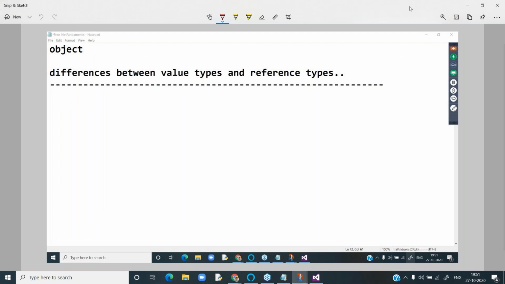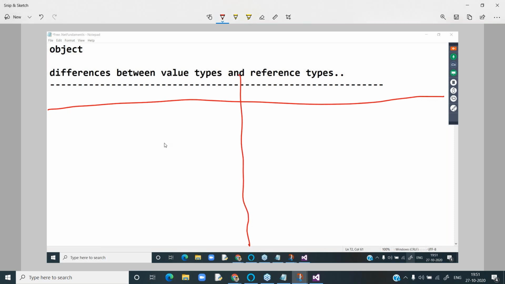And the third difference is: value types are number one structure, number two enumerator.